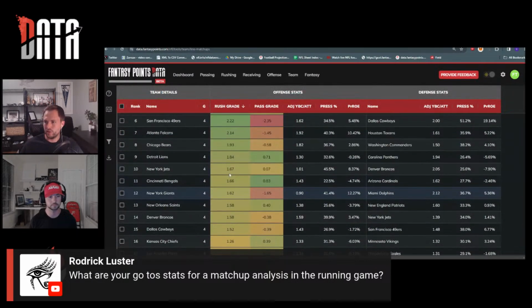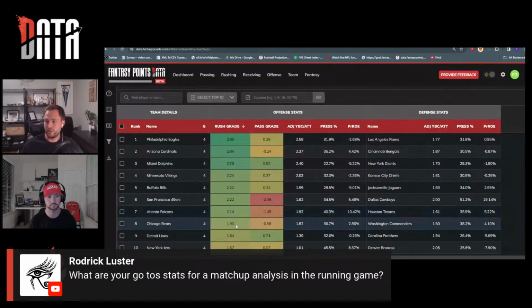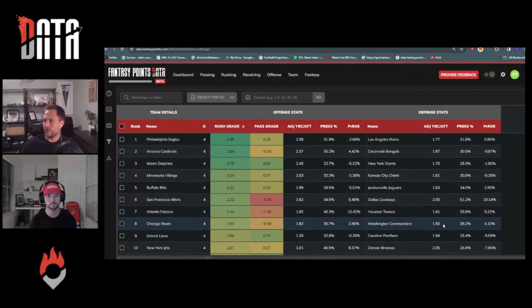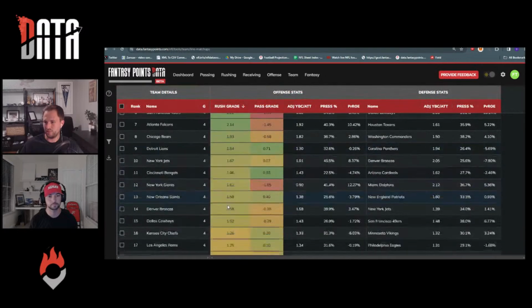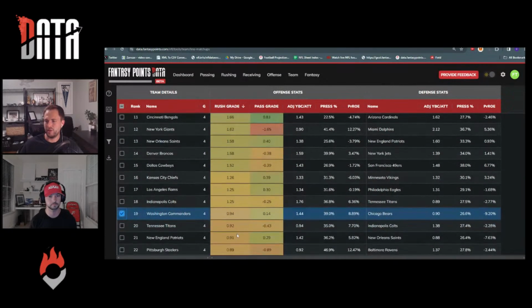Yeah, so sorted by rush grade, the Bears are near the top. They're in the top 10 for us. So their O-line definitely matches, and our adjusted yards before contact per attempt is definitely up there for them. The Commanders did just play the Eagles, though, and that's not the easiest matchup, so that could be pulling their number down a bit. And then the Commanders are here at 19th. So they're middle of the pack from a running perspective tomorrow night, it looks like.